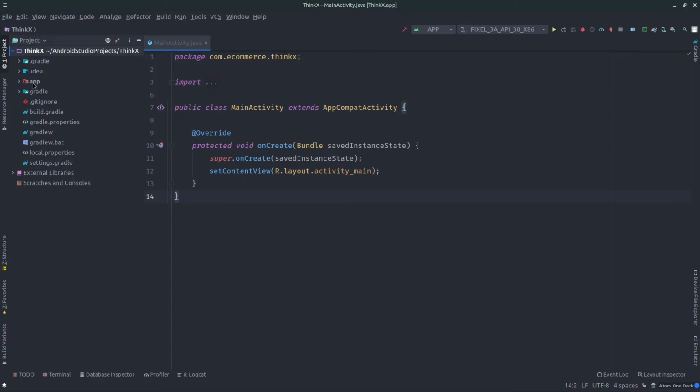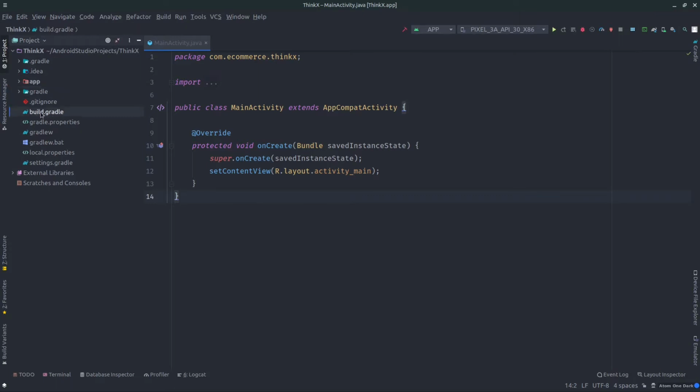We are going to learn about them, what are their uses. This is the app directory, which is our main app, and here you can see the Gradle directory. So basically Gradle is a tool which is used to build the whole app so that we can directly deploy it inside of any real device or any virtual device like an emulator.